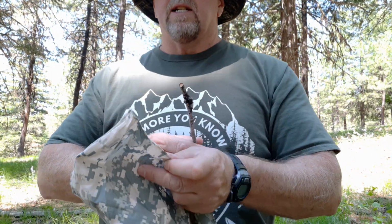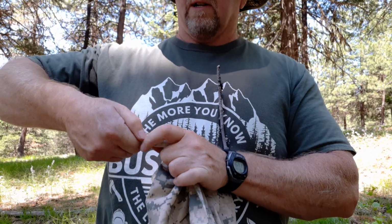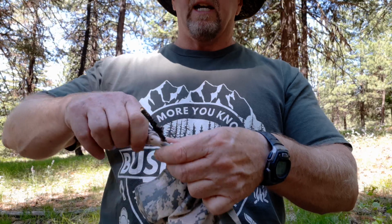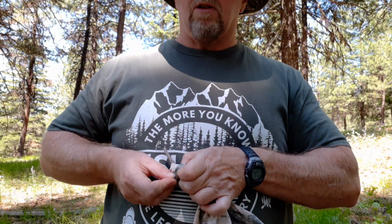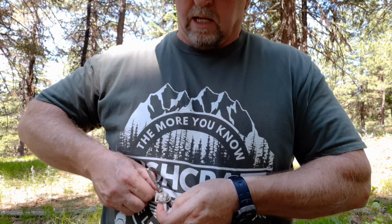So I'll take my last corner here and just fold that over, wind that around itself a couple times to make it easier to tie. And then I'm just going to do a simple overhand knot. That's it. So what I've made